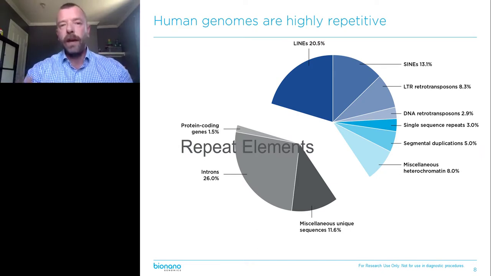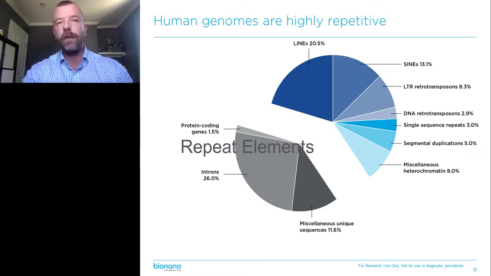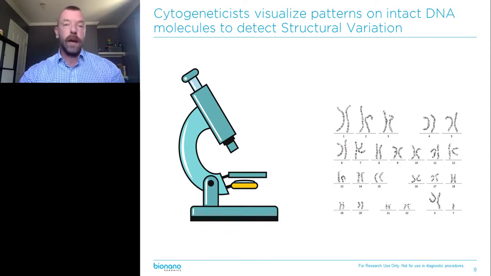And now you can say, I don't care about these repeats, but a lot of the structural variants in the genome are actually flanked by these repeats because they're caused by the repeats recombining through something like non-allelic homologous recombination or incorrect repair. And so if you're blind to these repeats in the genome, you're often also blind to the structural variants that are flanked by them. And that's why right now the standard of care is still for a cytogeneticist to look at these intact DNA